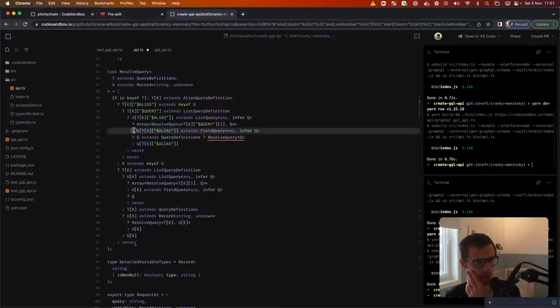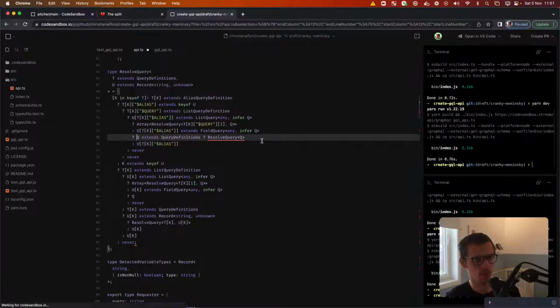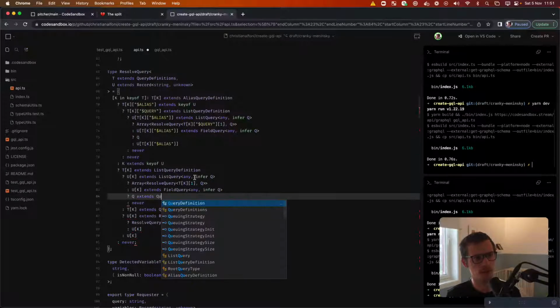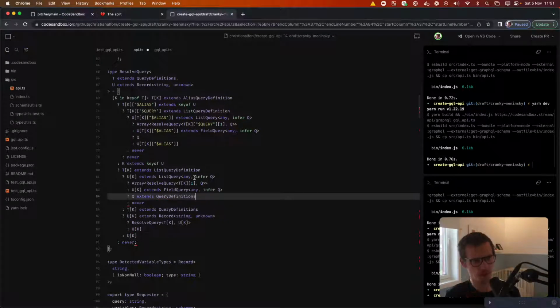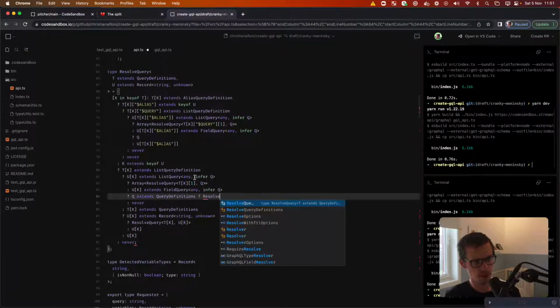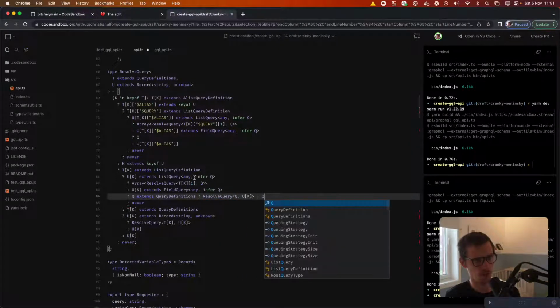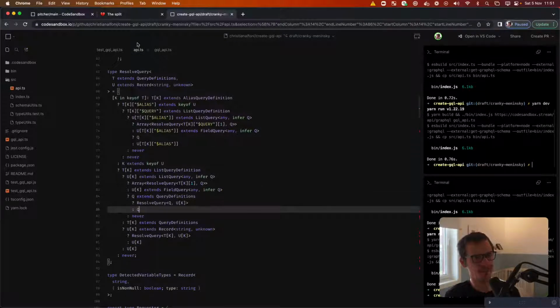So we're checking if... okay, you know what? We're going to do the other one first because this is very confusing. So we're down here, we got the field query, but we don't know if this is something that needs to be further resolved. So that means if it extends query definitions, we say resolve query like that, I think, or we'll actually have Q there. So that means